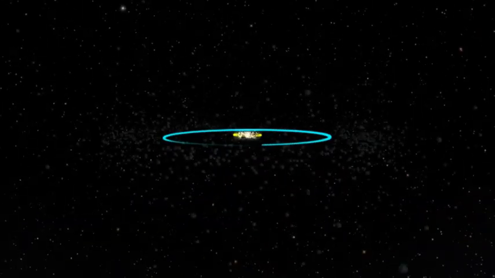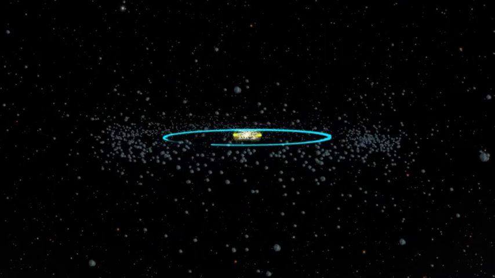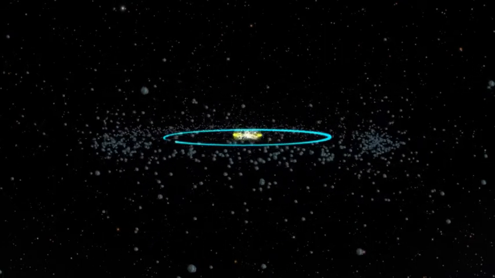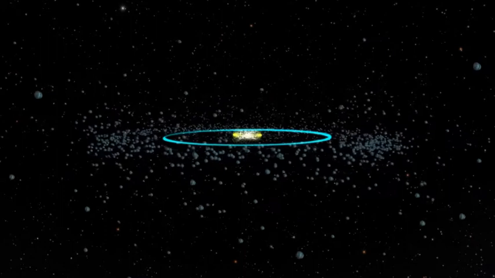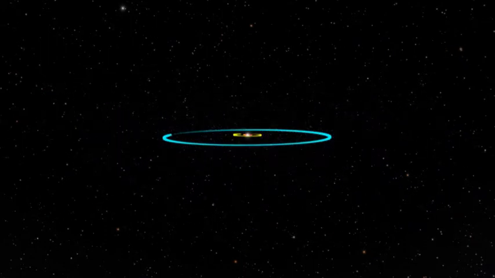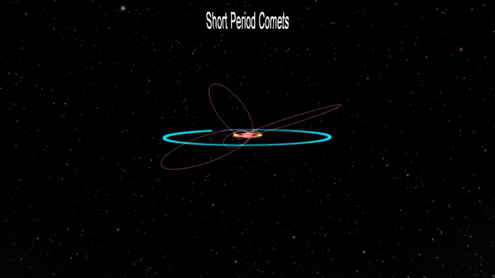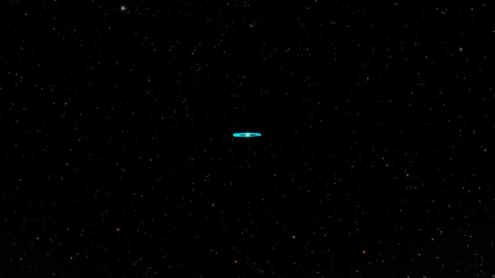Now we'll switch to an edge-on view, and we'll see how the asteroids are confined in their distances and inclinations from the Sun when we think about their orbital distributions. And now by comparison, we'll switch to see examples of short-period comets. These include comets like Halley's Comet, which has a period of 75 years, and you see much higher inclinations in